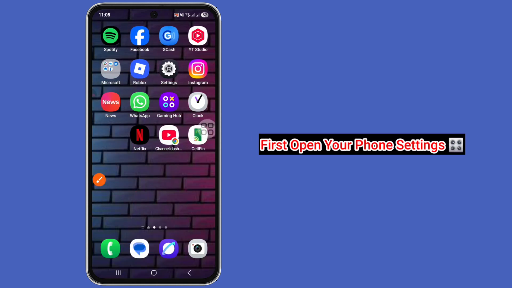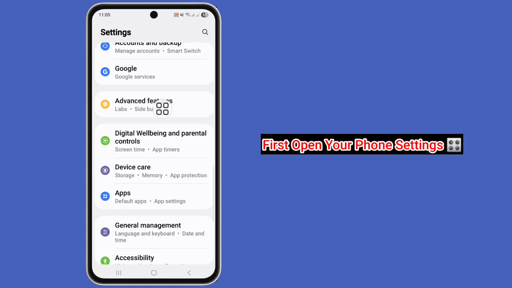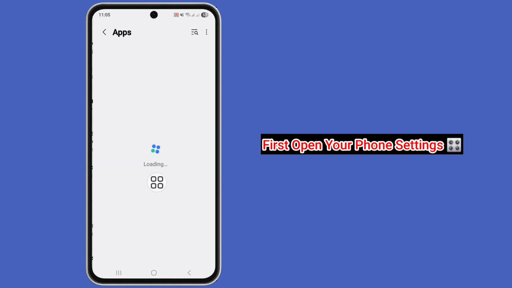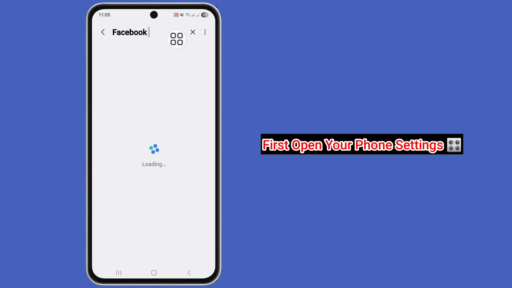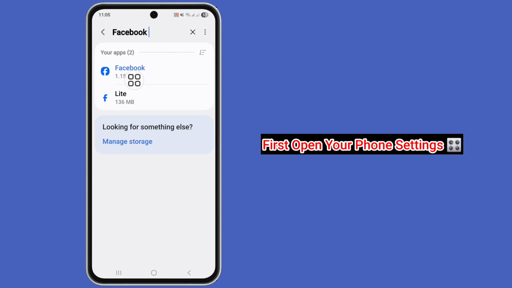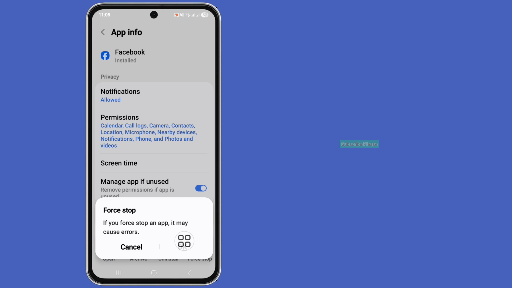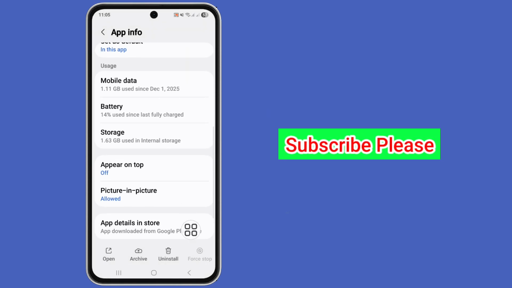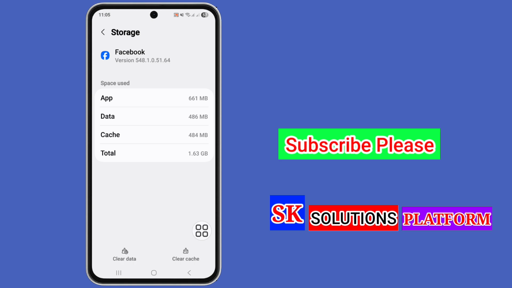First, open your phone settings and scroll down. Now tap on the apps option and search for the Facebook app, and now tap on Facebook and click on Force Stop. Okay, scroll down. Now tap on Storage, clear cache and clear data,